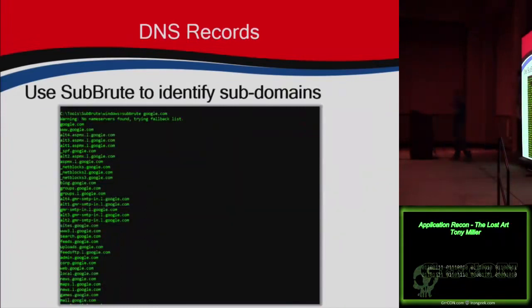Using more DNS, here's a really cool tool. It's called Subroot. Subroot is pretty much what the name implies. If I want to brute force out a bunch of the subdomains on your particular domain, I run this cool tool. Here's the results from running it against Google. It's got a lot of different options. I just ran it as default, just said, hey, run against Google.